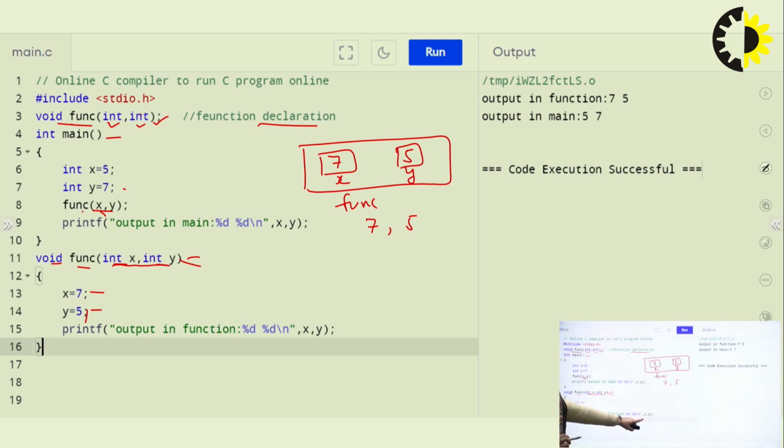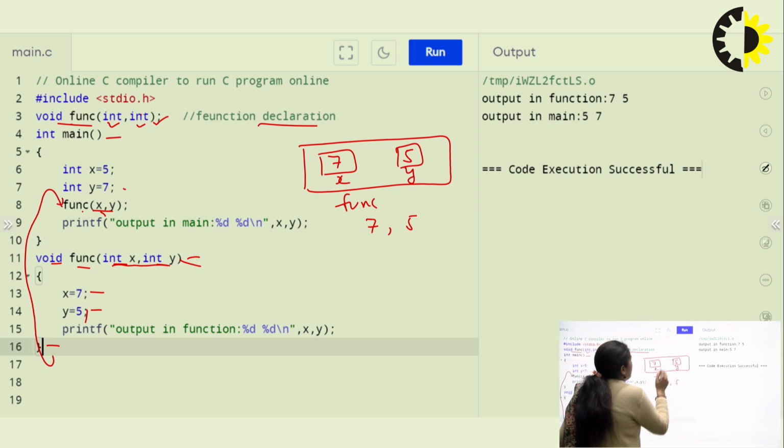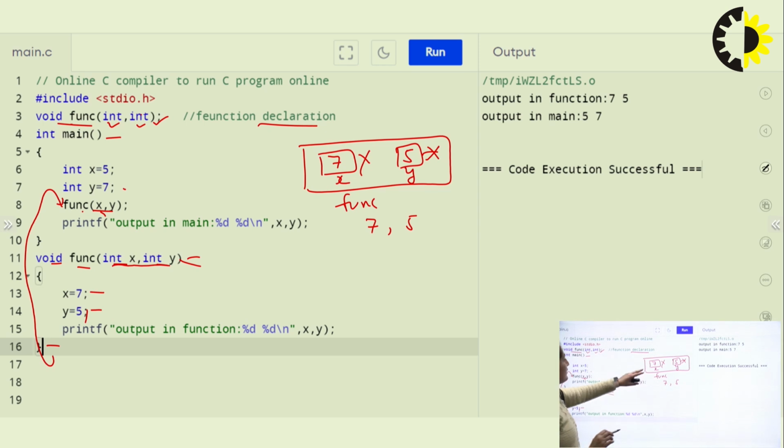When 5 and 7 is printed and I move to the end of this function, when the cursor comes here, automatically the scope will be deleted. There will be no scope for x equal to 7 and y equal to 5.